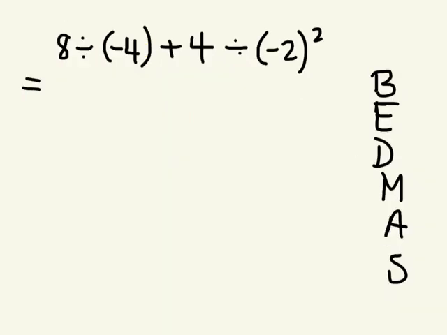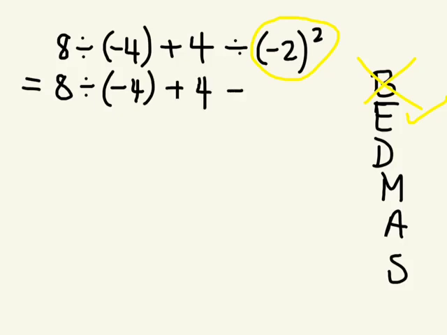So we're going to use BEDMAS. Do we have to simplify anything inside a bracket? Is there anything to do inside a bracket? No, so we don't need to look for brackets. Do we have exponents? Yes, we do. So we can just rewrite everything as is, because we're not doing anything with that yet, right? Plus 4 divided by, and now we know that exponents is next,